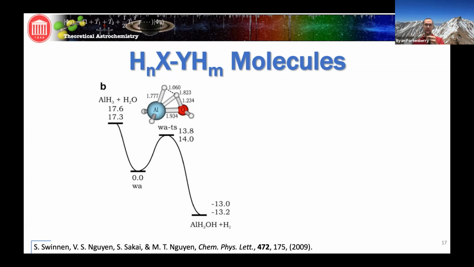Aluminum, in alane, AlH3, has that empty p orbital above and below. And oxygen is like, hey, I've got some electrons. You've got a space to take them. Why don't you take my electrons? And so they form a dative intermediate. And that's what this structure is that they computed previously. And then it goes uphill, and as it goes uphill, that's where a hydrogen from the alane and a hydrogen from the water come together, and they would prefer to bond together. And that's when you make an H2 and the H2 leaves. And so you get this AlH2OH, this really strong bond between aluminum and oxygen. And then you get H2 leaving.